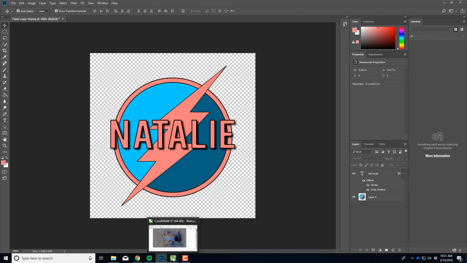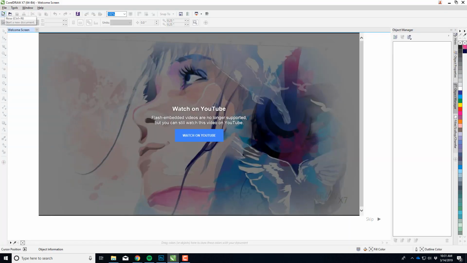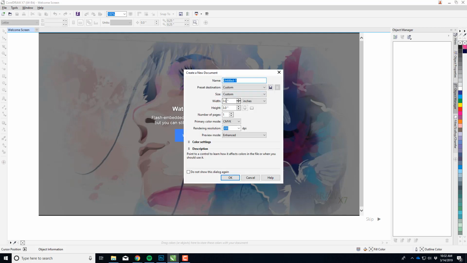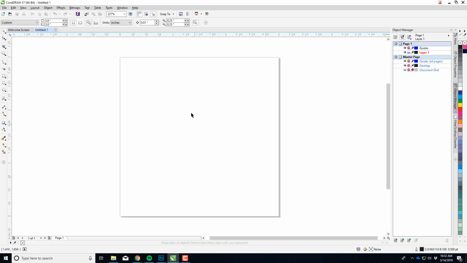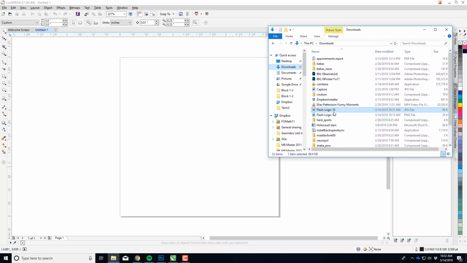Next, what you want to do is open up CorelDRAW. Because we want nothing bigger than a 3-inch sticker, we're going to create a new file that is 3 inches by 3 inches. And then you can hit OK. So you have to make sure that your JPEG, once this has been created, fits inside of this 3x3 square. So if I drag it in from my File Explorer,